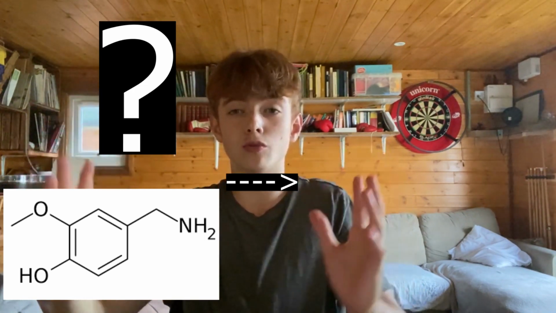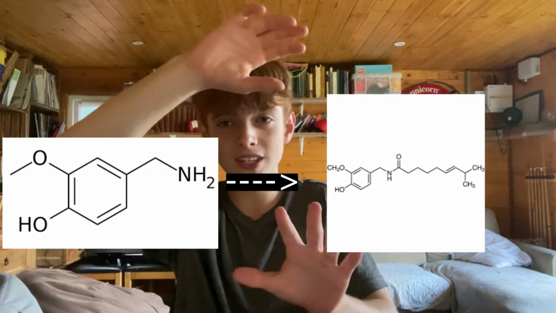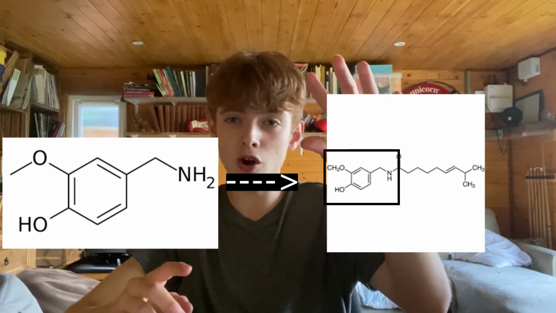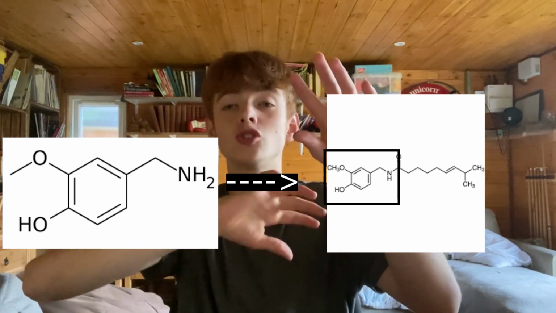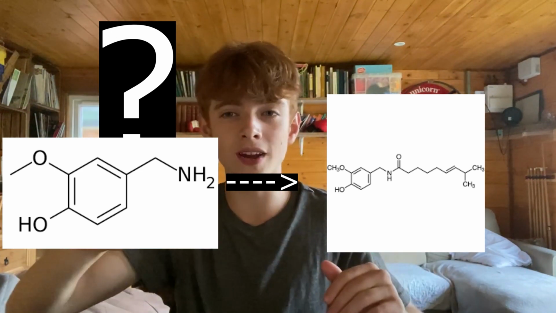But now you've got vanillamine. That's the final molecule. That's the molecule that will be combined with another molecule that valine produces to produce capsaicin. If you look at a molecule of capsaicin, you can see how the little head bit of capsaicin looks a bit similar to vanillamine, and that will end up converting with the molecule that valine produces